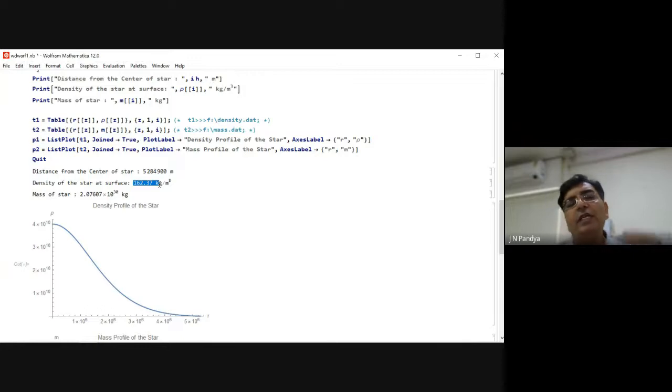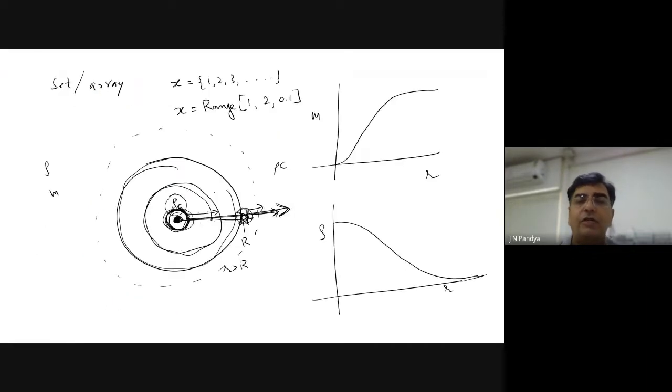Or if you want, you can put this whole thing in a code or in a loop, and every time you are checking the density of the star. Whenever the density of the star is somewhat closer to the value that you desire, for example, if you say, okay, I want that rho has to be less than 0.01 kg per meter cube, until then keep reducing the value of h, right? Just go on doing that. So automatically what will happen, at some value of h, you will get that thing.